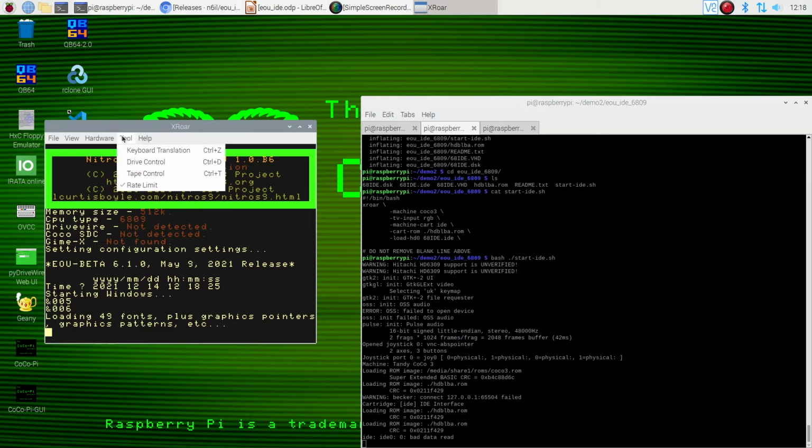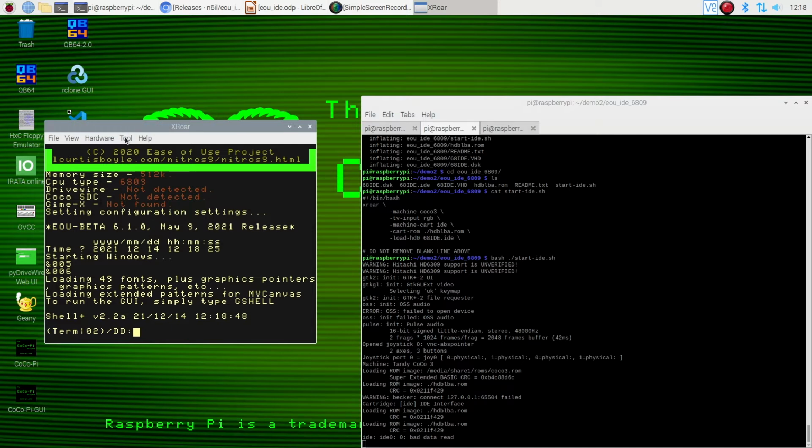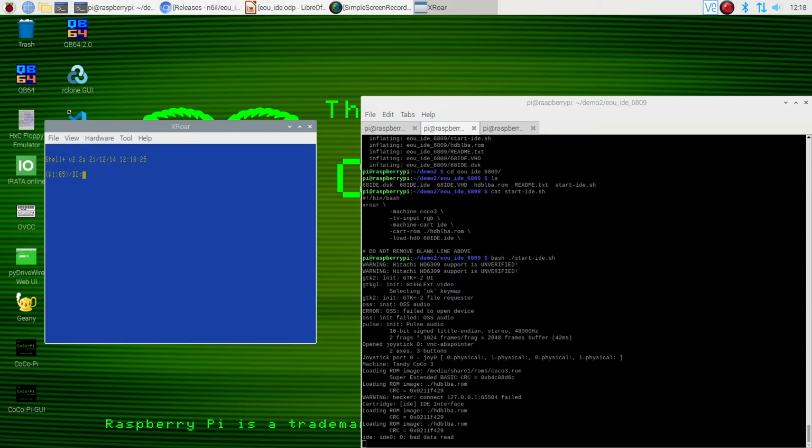Let's let this thing go as fast as possible. Super speed CoCo. All right. So if I switch screens here, push the clear key,